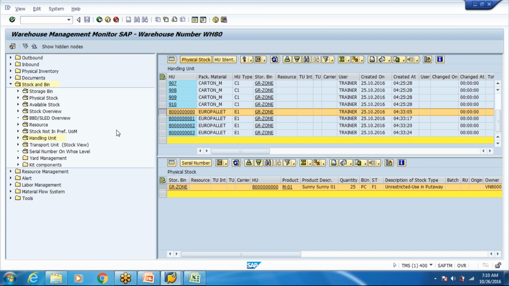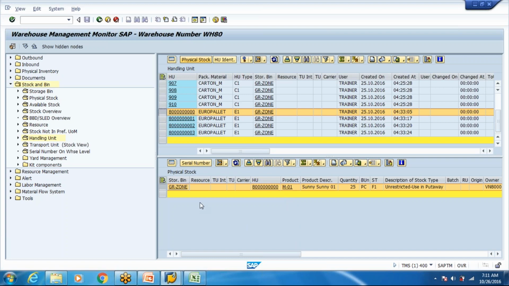I have also given you some idea of what other kinds of HUs we can have. An HU can also have more than one product inside it; that is called a mixed HU. This HU, as you see, is a single-level HU, with just one product in it.